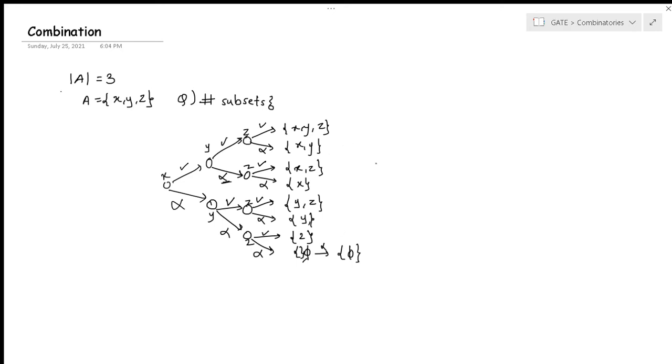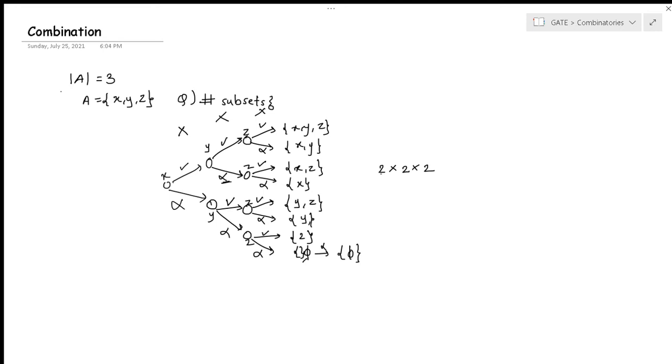Now how can we tell this intuitively? I want to make a subset, so for the first element we have two choices: it can be there or it cannot be there. Those two arrows which I have shown for the element x are representative of the operation of multiplication. Corresponding to that I have again two choices for y, and corresponding to that I have two choices for z. I will summarize it quickly.